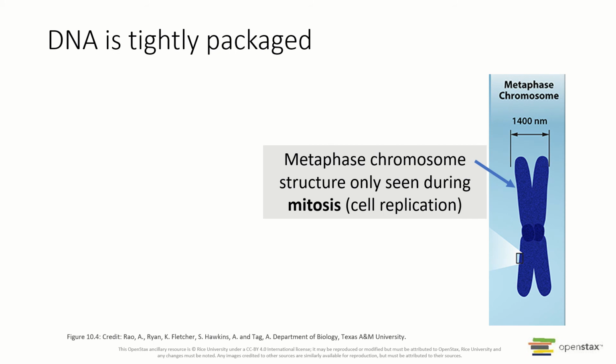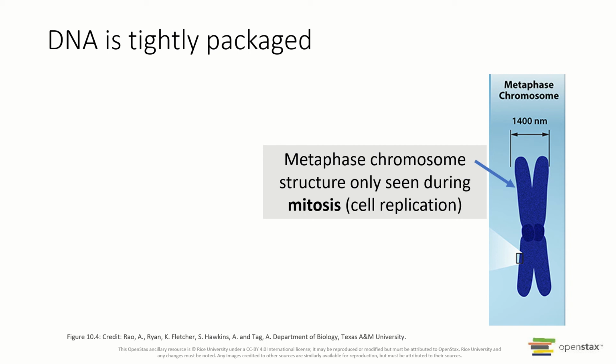Now, this shape that they're in is actually not the normal way that chromosomes are organized. They're only like this for mitosis. And this is called the metaphase chromosome. Actually, we usually talk about it as the condensed form. This is only seen during mitosis. And in fact, we can only see the chromosomes during mitosis because before mitosis,